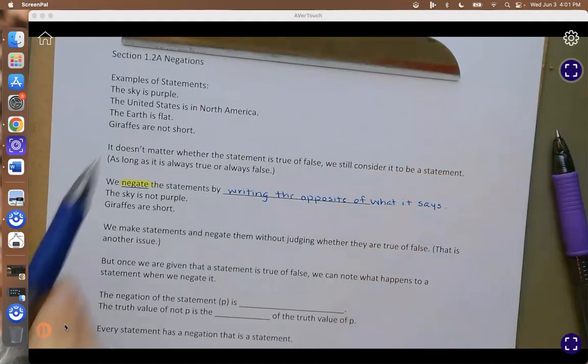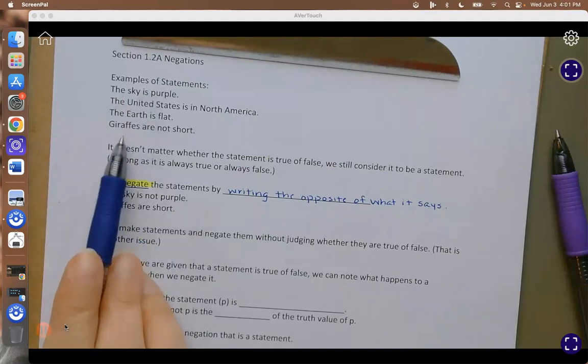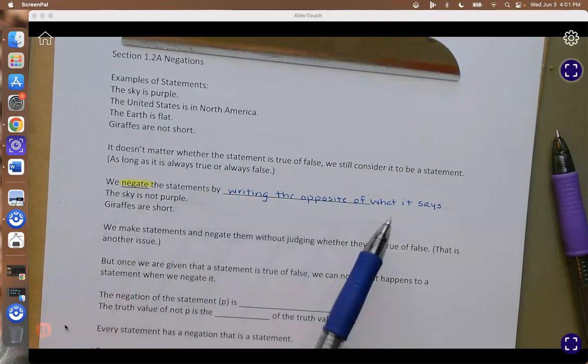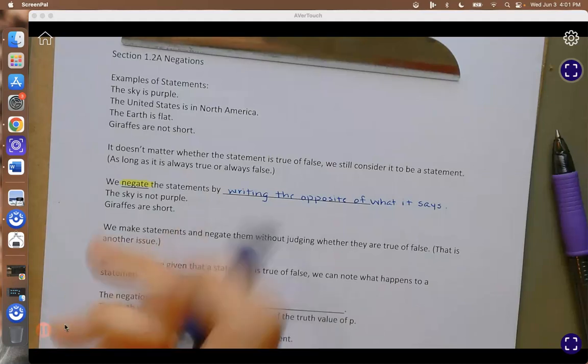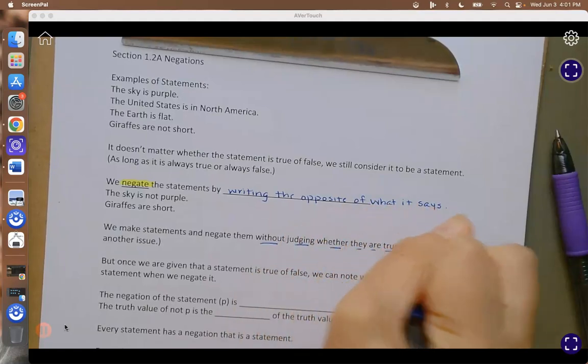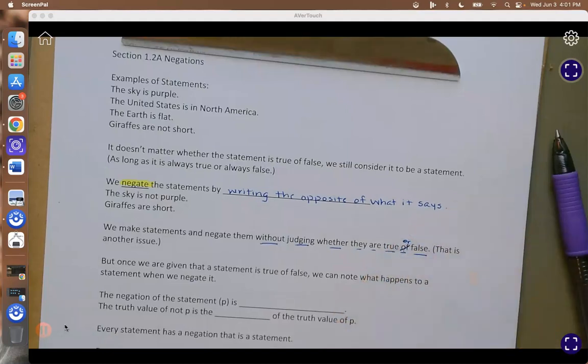Okay, so the opposite of the sky is purple is the sky is not purple. The opposite of giraffes are not short is giraffes are short. So to negate something means to write the opposite. So we make statements and negate them without judging whether they are true or false. That's a whole other issue altogether. But once we are given a statement as true or false, we can note what happens to a statement